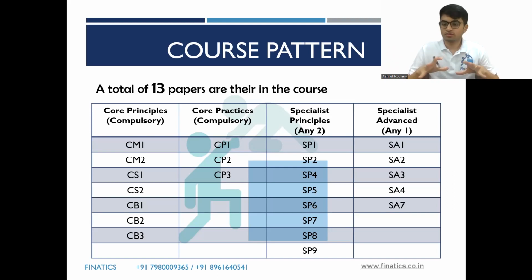So this is the course structure and the description at a very high level. I mean, there is a lot more to begin, once you get into a paper, but at a very high level, this is what we have in the paper. And we will see the initial 7 papers specifically. I mean, leaving maybe CB3, the other 6 papers, whatever you study, you will see those are something which you would encounter either when you're studying in an undergraduate course, studying for your bachelor's, be it any course, BSc in stats, eco, maths, or even computer science, or let's say BCom or BBA or a bachelor's in actuarial science itself, you will see a lot of similarities.